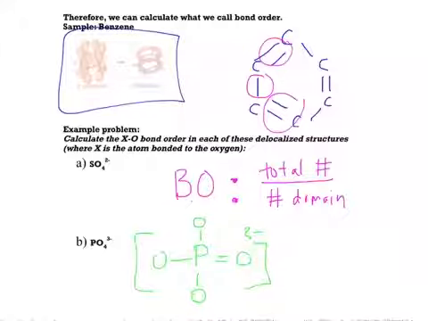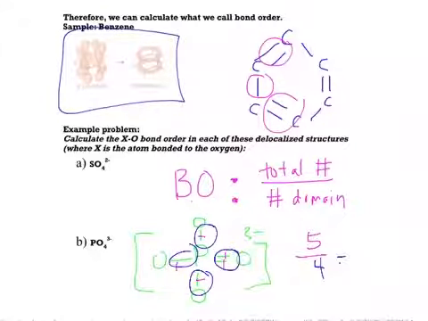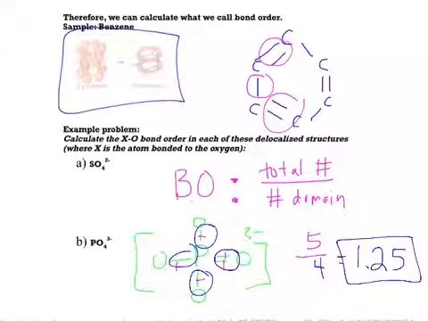So if we were going to try and calculate the bond order, we got to calculate first the total number of bonds. So 1, 2, 3, 4, 5 total bonds. And then we put that over the number of bonding domains around the center atom. So 1, 2, 3, 4. And so the bond order for PO4 there would be 5/4 or 1 1/4 bond, 1.25. So that means in reality, the strength of those bonds is not a single bond strength and it's not a double bond strength. It's like